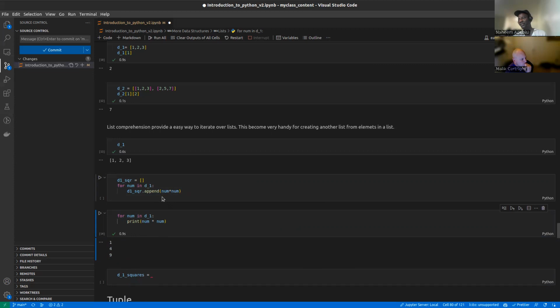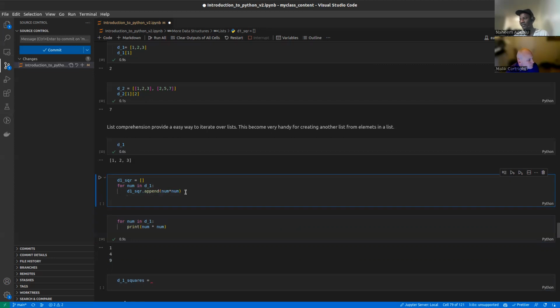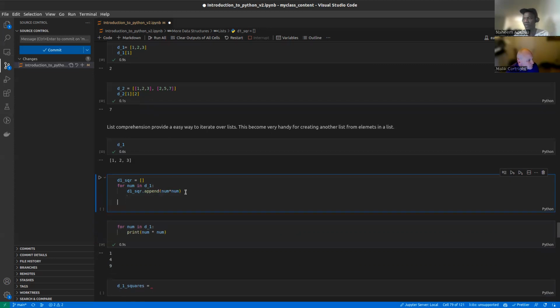And now it goes to the third value in the list, which is 3. It performs the multiplication and appends to D1 square. Does that make sense? It does. Okay, now after that, remember when I told you in the